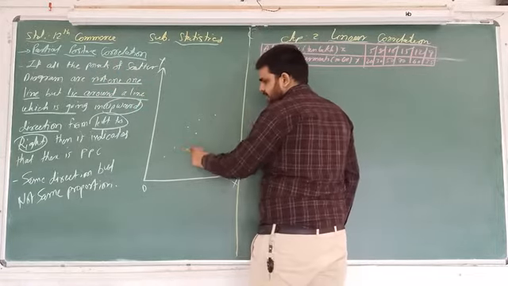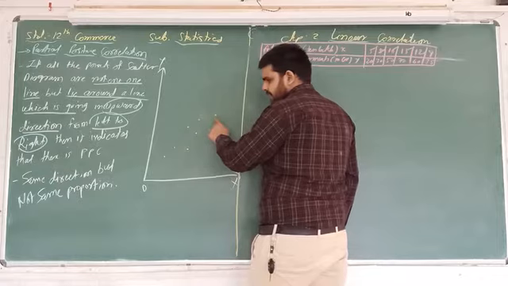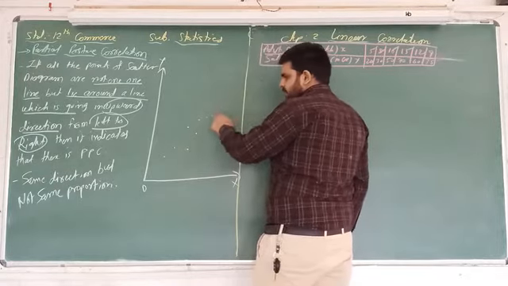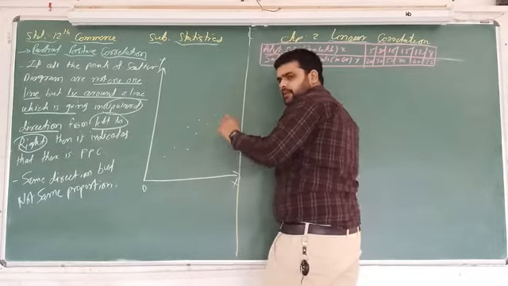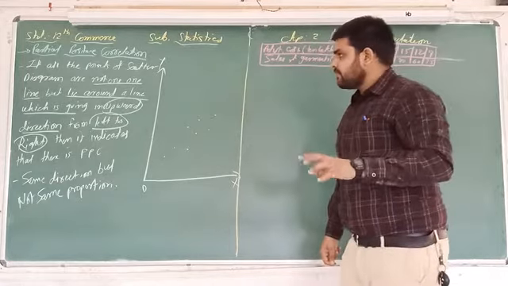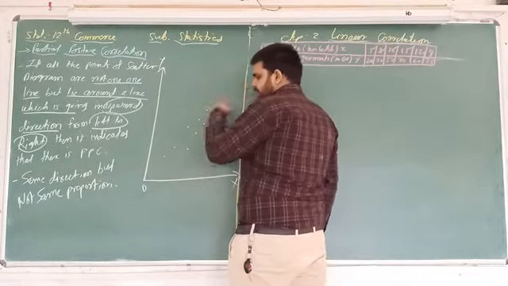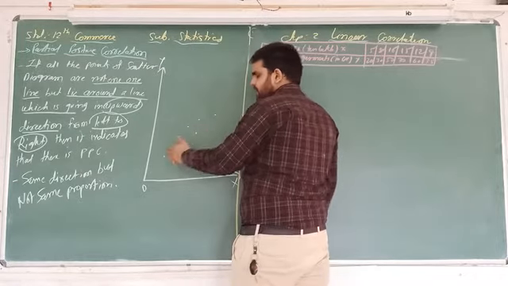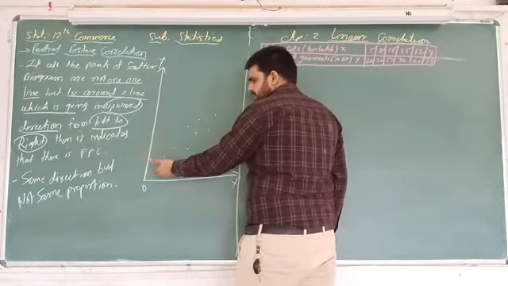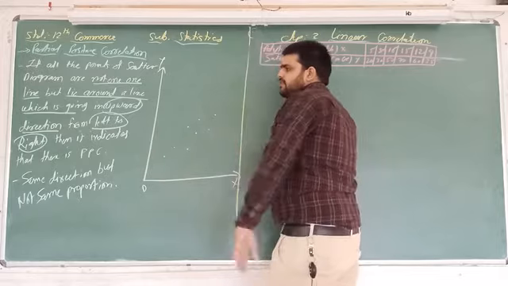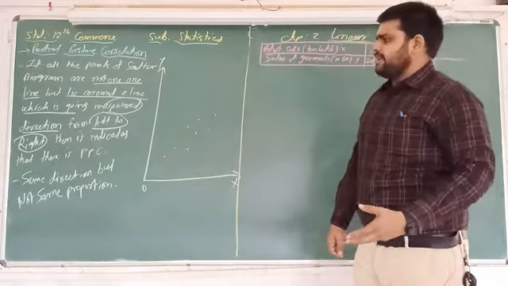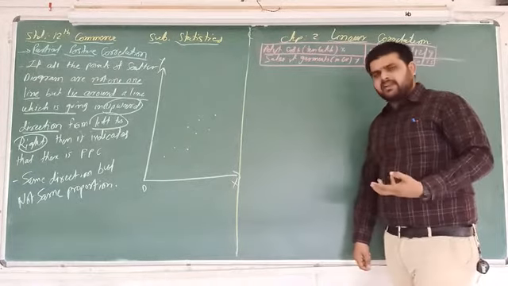Because the line is this, but the points are in variation. So not in one line, but around this particular line which is going upward from left to right,